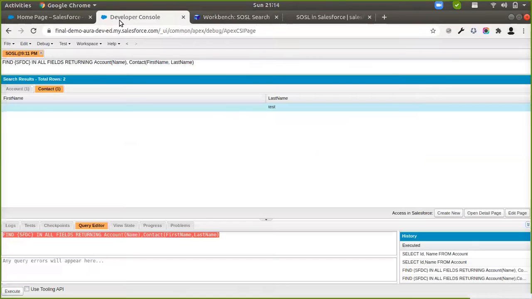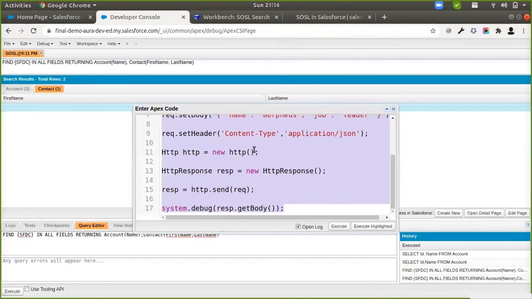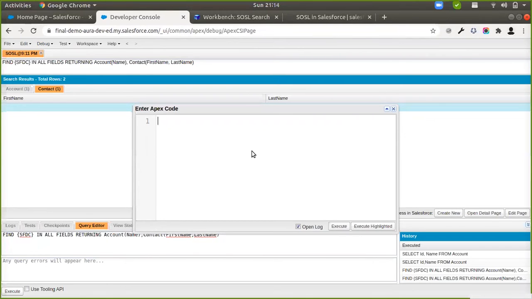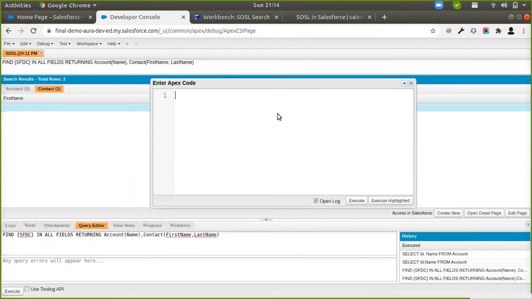Now, the next part of this is using this in an Apex context. So I'm gonna open this developer console. So unlike SOQL, SOSL is a little bit different when you use it in your Apex. And that difference is that I have to use these curly brackets when I'm running an SOSL query in my query editor. But when I run this query in Apex, these curly brackets will be replaced by a single quote. So I'll run the same query in Apex like this.